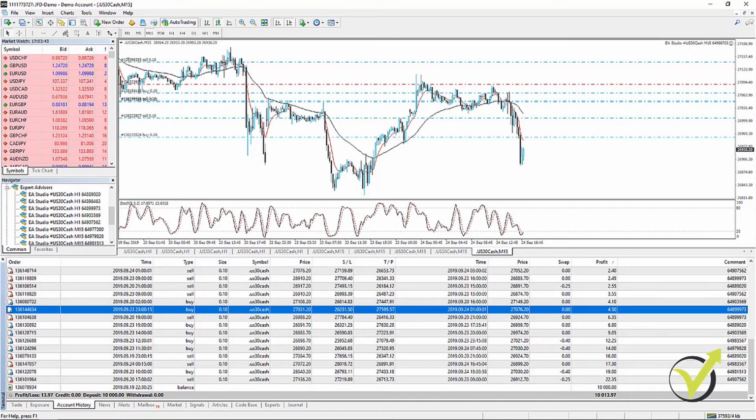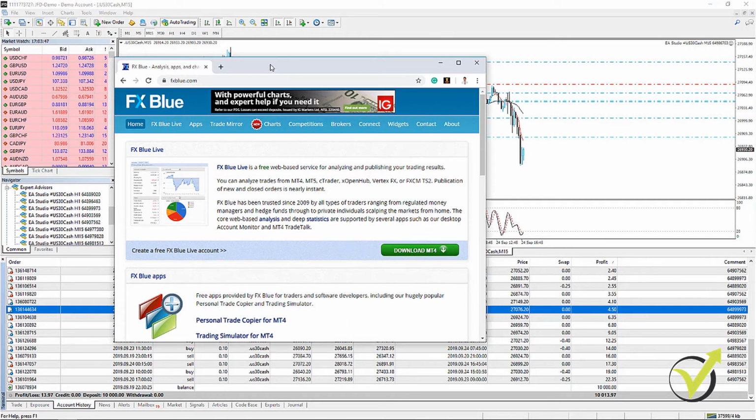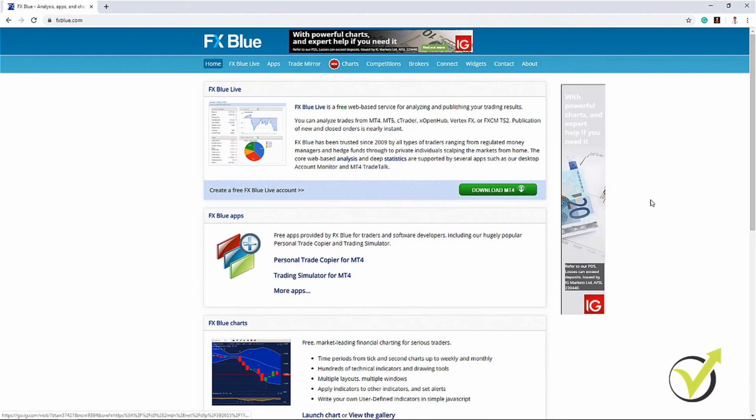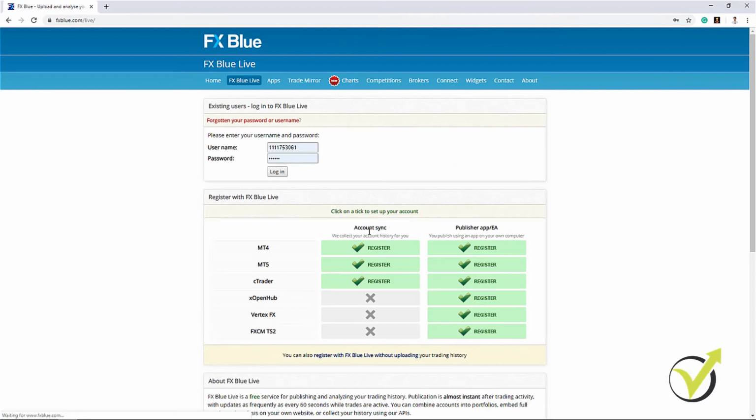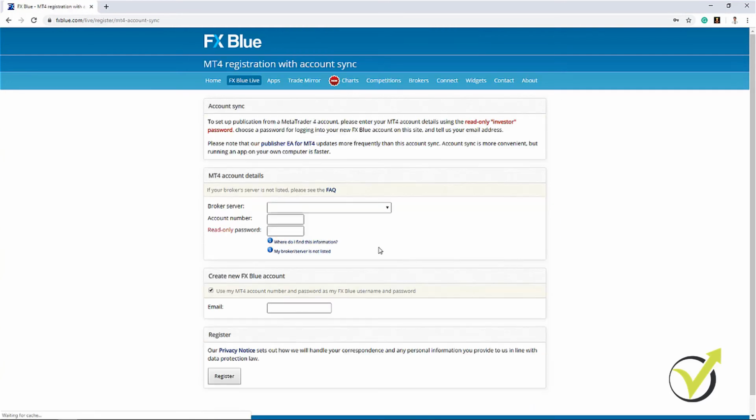Now I'm using one website, FX Blue. I will just quickly show how to register if you're using it for the first time, and just keep in mind that I'm not connected to this website, I'm just using it to follow the statistics. So if I click on FX Blue Live, I can register the account right over here, account synchronization, and I'm using MetaTrader 4. So I click on register, and here I will need to select the broker server that I'm